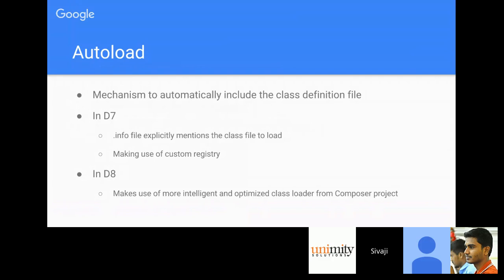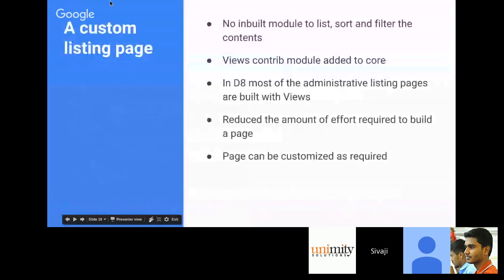So as said, autoload is based on the intelligent class loader from the Composer project, which does not demand that you mention the class file you should load. Instead, it does it automatically. And earlier in Drupal 7, we had no module in core to make a custom list